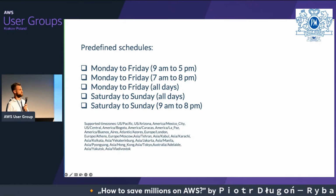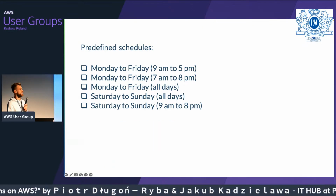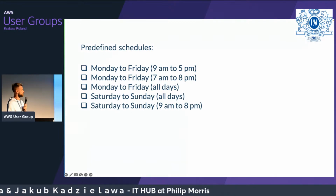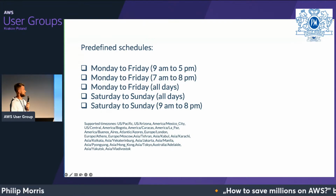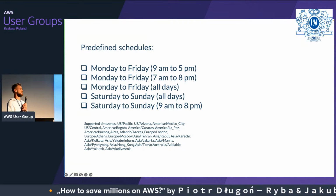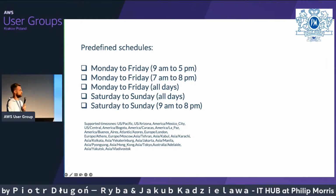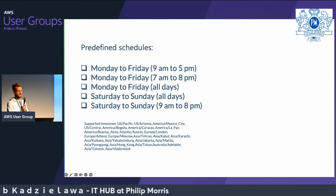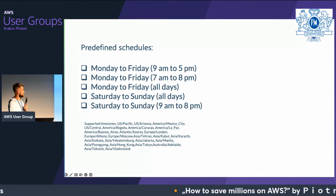So let's see some examples. You can use the schedule from Monday to Friday or Saturday to Sunday, and you can choose whether the specific resource will be run all day or only from a specific time. And here is the list of the supported time zones. But this list is really short, because each time zone and each schedule needs to be added as a separate record in the DynamoDB table. So we used only the most popular time zones. However,